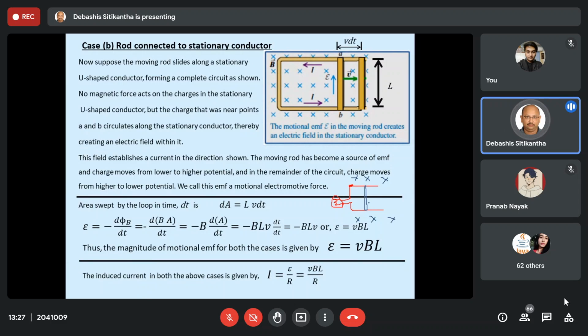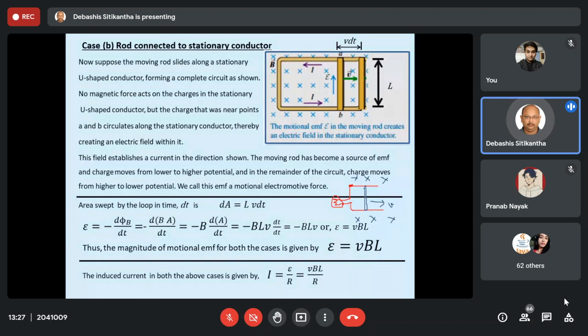Both are in contact with each other, and this U-shaped conductor is actually sliding. Suppose, let us say, I pull this conductor in this direction at a constant velocity of v. Right now, just before this, we have learned that when I pull it in this direction, obviously it is going to generate a voltage. And this voltage, when connected across a load, is going to drive the load and do some useful work.